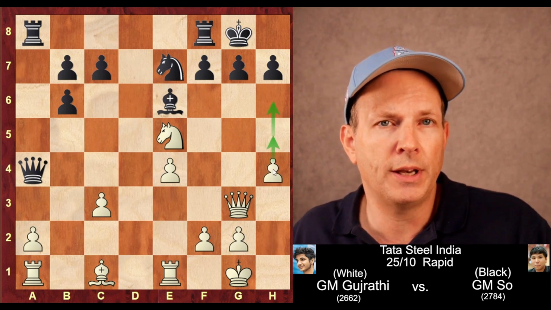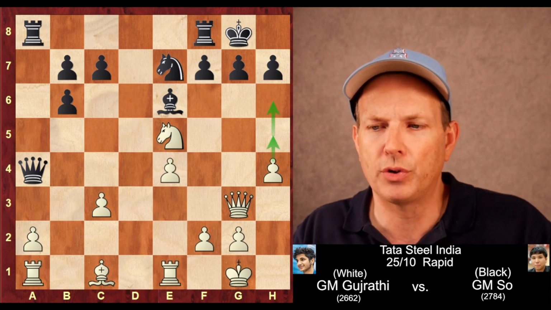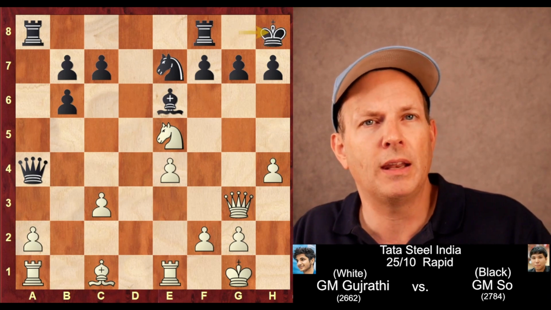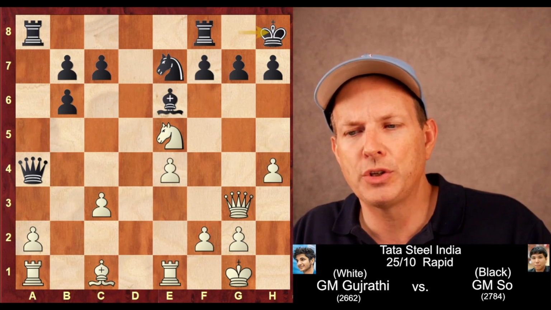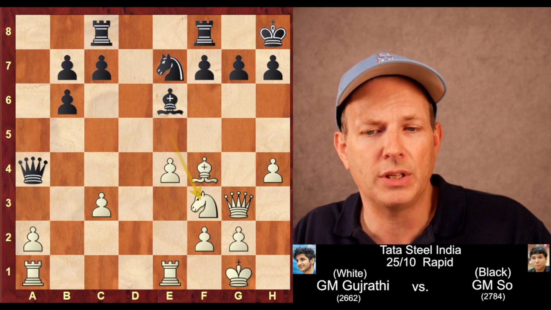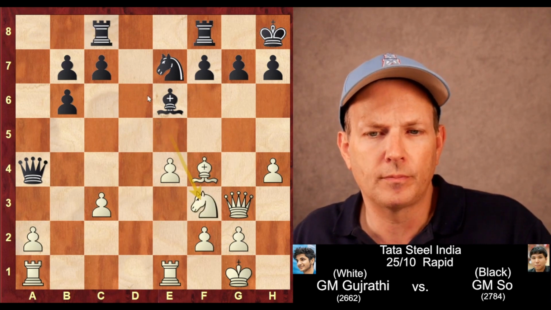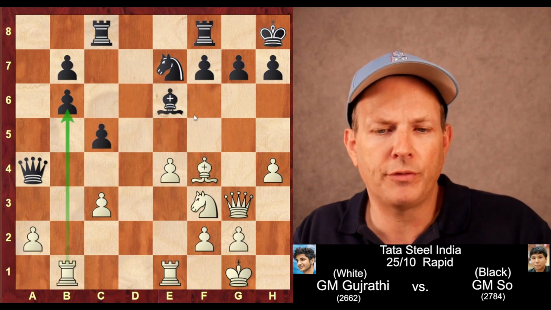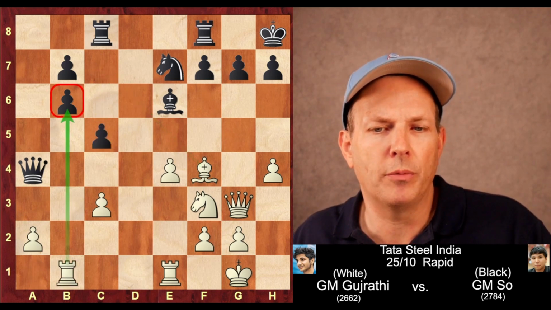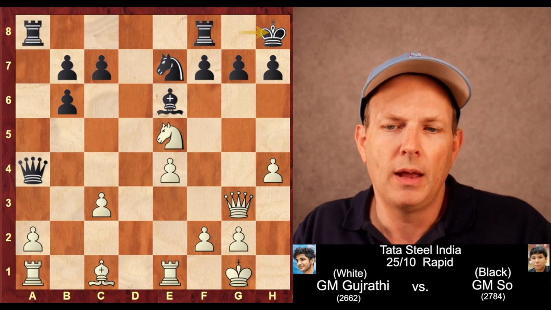h4, continuing the attack. He wants to play h5, h6, wreck the kingside pawn structure, get in on the dark squares. King to h8. h5, a good move here, bishop f4, aiming at the c7 pawn after rook a to c8. Then I can retreat to f3, attacking this pawn. And if c5, say rook a to b1, going after b6, and white would have a nice initiative in this position. He goes ahead and plays